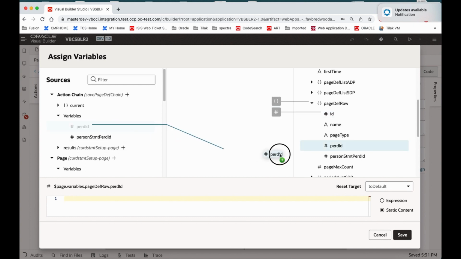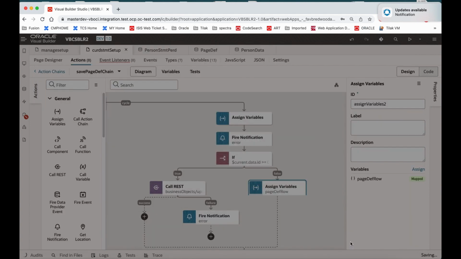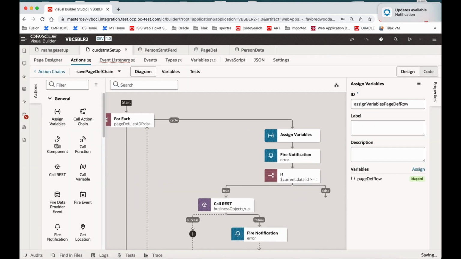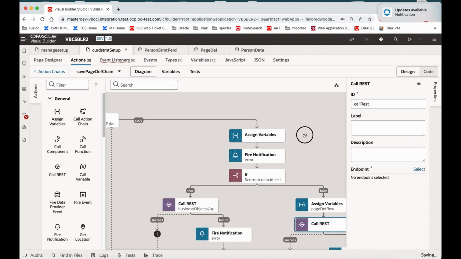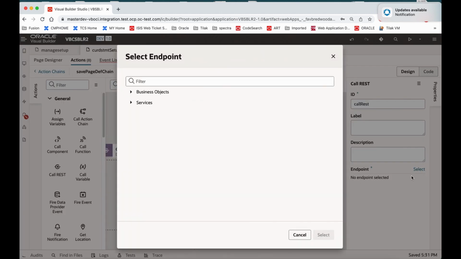I'm assigning the period ID, statement ID, period statement ID. Okay, so this is foreign key, this is here, this is here. Now I'm going to insert the